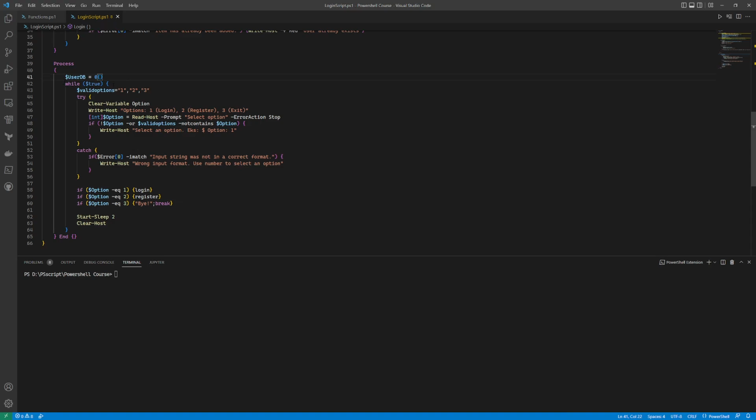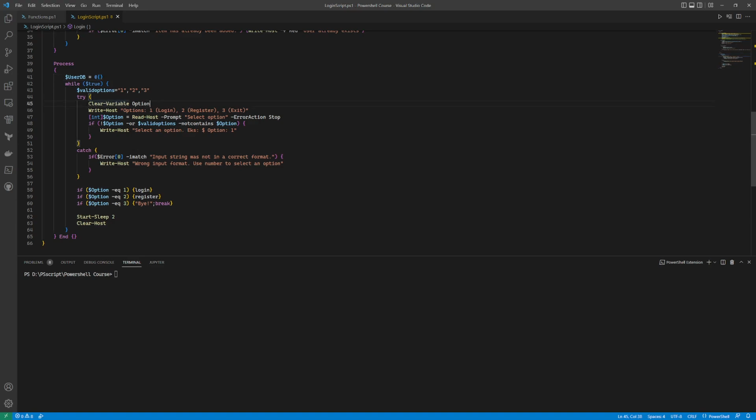And while true, so this is just a continuous loop. So while true, it's not gonna quit. It's always true. So we're gonna validate options 1, 2, and 3, and we have a try catch